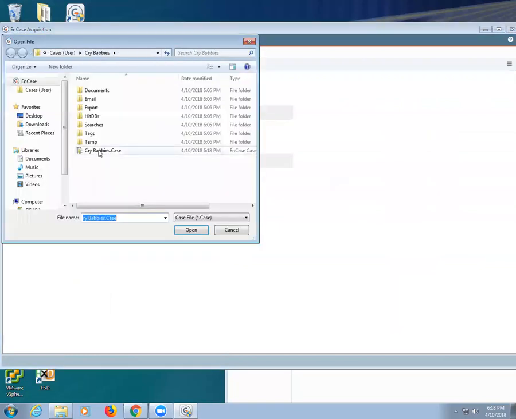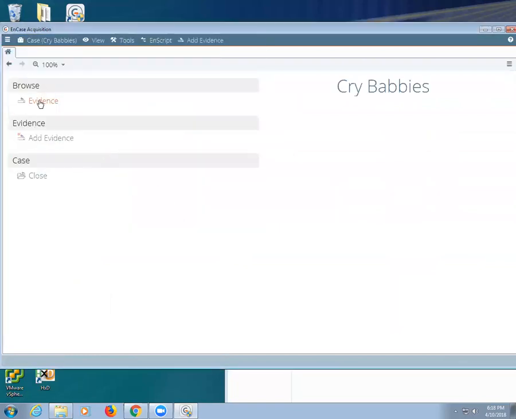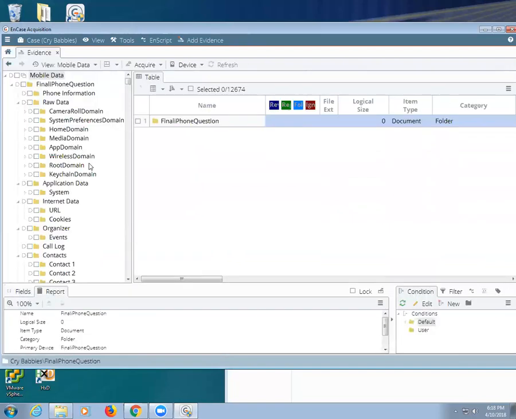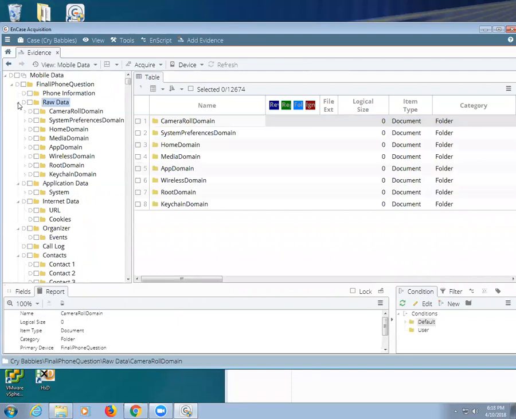If I opened it and went to the evidence and clicked on it, it looks like it's working, doesn't it? It looks like it's all there. But if I went to the phone data, the picture data is gone totally. Where were the pictures? Right here at the top, weren't they?